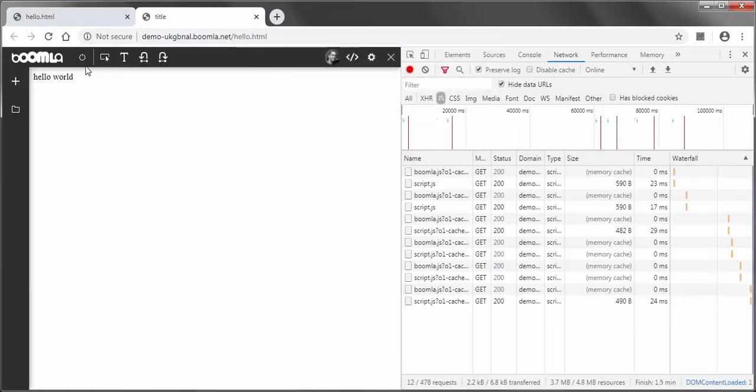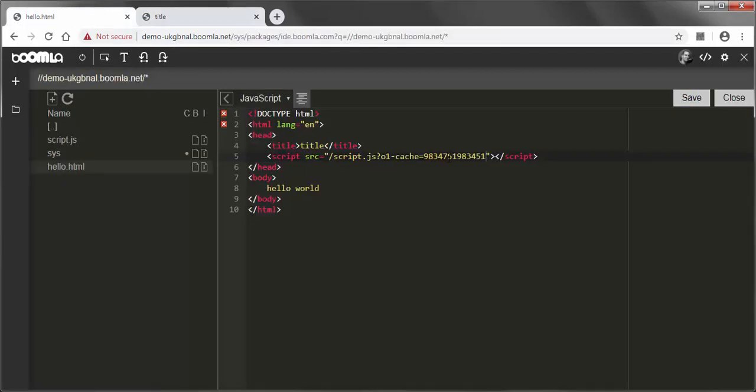This is obviously not an ideal solution to have to update it manually every time, so there is a solution for that. Instead of hard coding the value here, we should take some kind of a value based on the contents of the script file. And how do we do that? Well, there is a server-side JavaScript engine called SJS4E. So we are going to change the type of this file